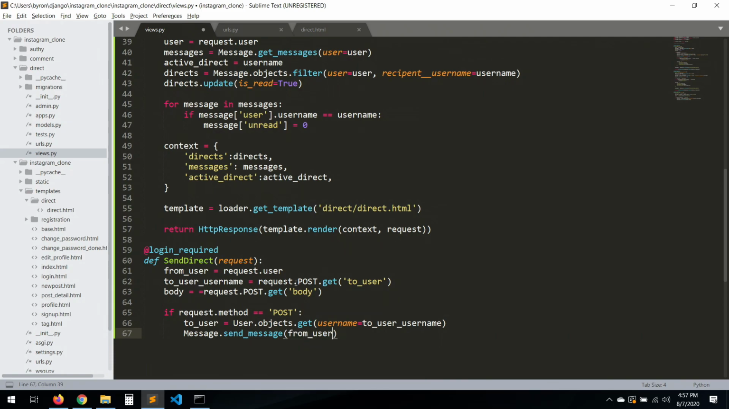from user to user, and then the body, right? Yep. Pretty much that's how it has to be. And then when we send a message, we're going to return the user